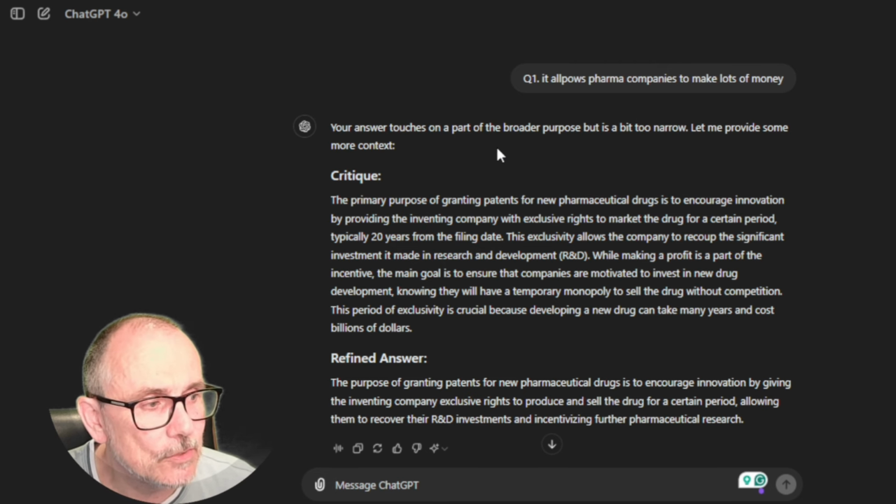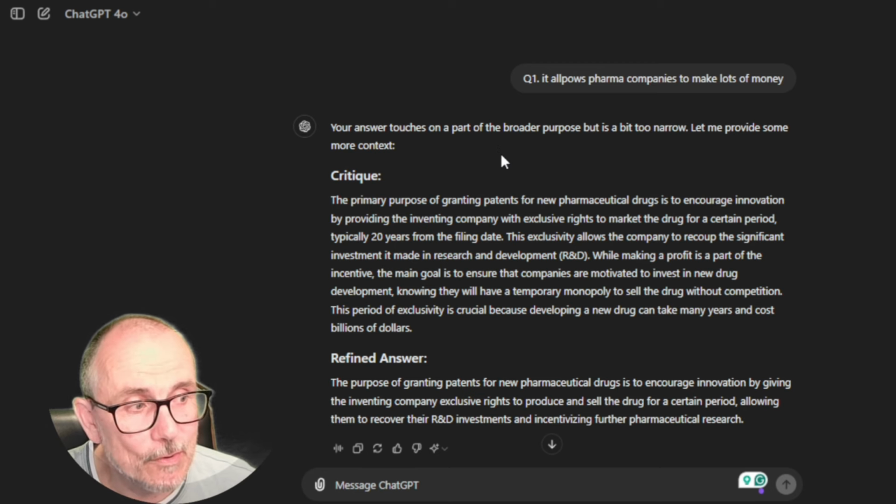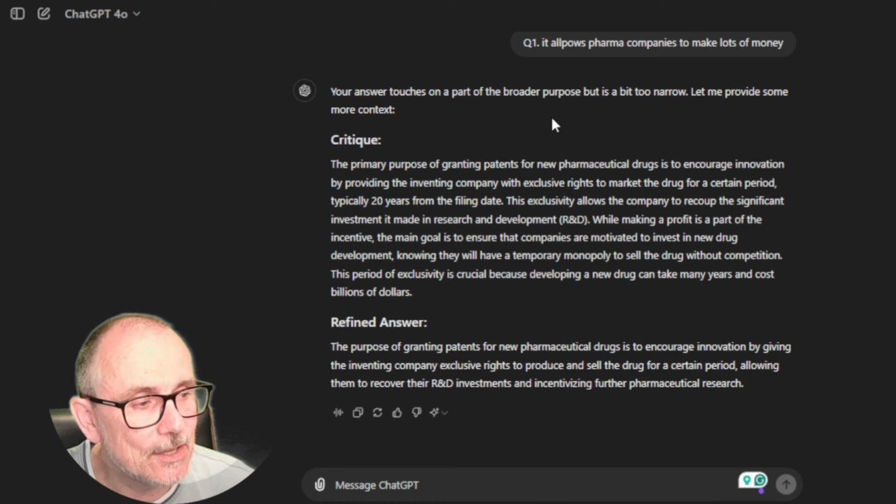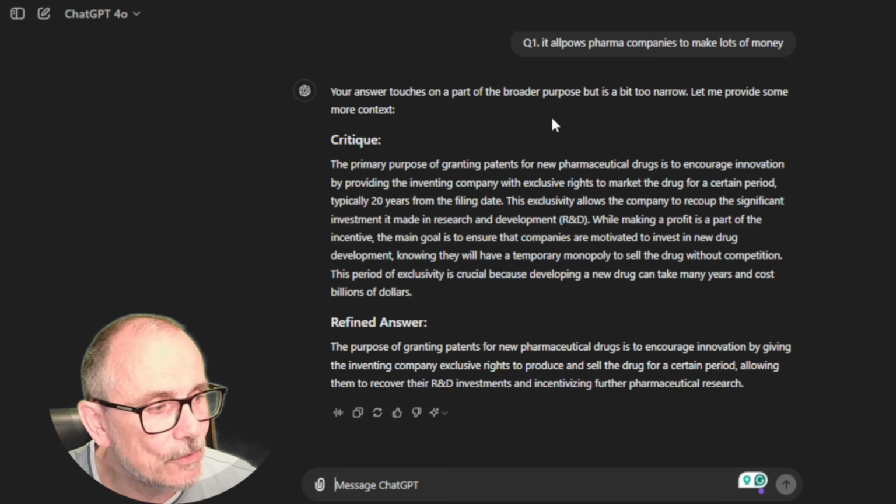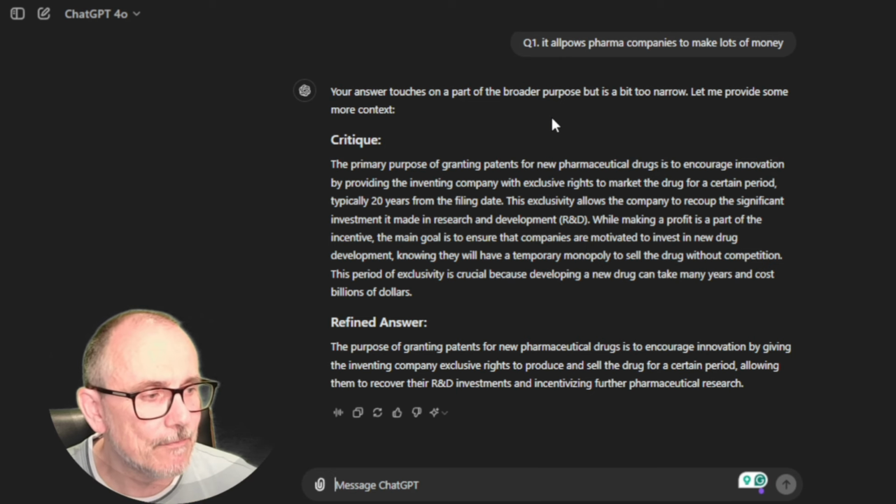This period of exclusivity is crucial because developing a new drug can take many years and cost billions of dollars. And it even gives me a refined answer. The purpose of granting patents for new pharmaceutical drugs is to encourage innovation by giving the inventing company exclusive rights to produce and sell the drug for a certain period, allowing them to recover their R&D investment and incentivizing further